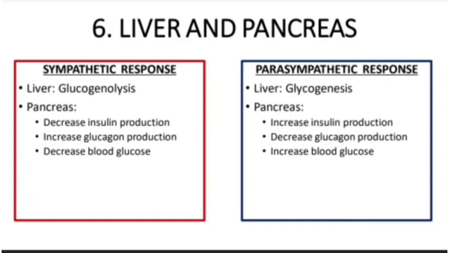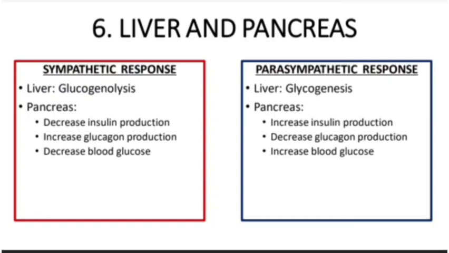At the same time, your pancreas will decrease its insulin production. Remember, your insulin also plays a role in promoting storage of glucose inside the liver as glycogen. We don't want that in an emergency situation because again, we want the liver to break down and use up the glucose in the liver to utilize it for the fight or flight response, right? So a decrease in insulin production would mean that less glucose will be stored in the liver in this current fight or flight state. And at the same time, it will be more efficient since there is not as much insulin, and it will efficiently allow glucose to enter the cells. Okay? So increase in glucagon, decrease in insulin.